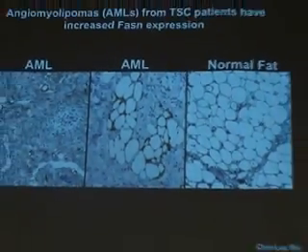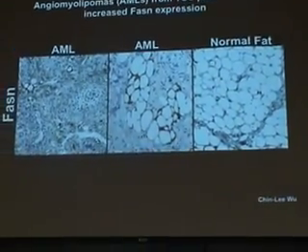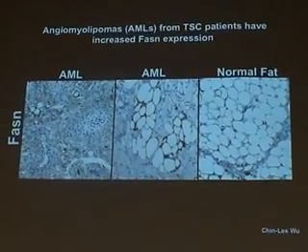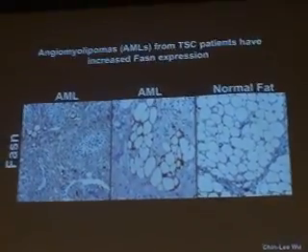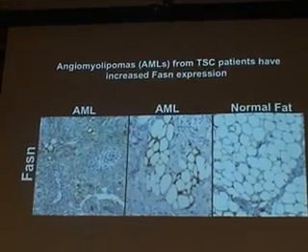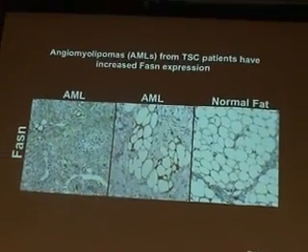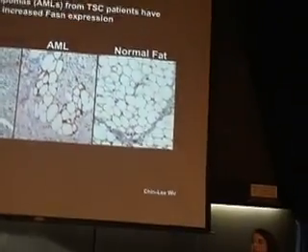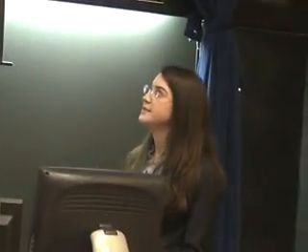We were fortunate enough to collaborate with Chin-Li Wu at MGH to also look at patient samples from TSC patients, which is the genetic tumor syndrome that arises when patients are heterozygous for TSC2. They will lose the wild-type copy of TSC2 like the mice and get a variety of lesions. One of the most frequently found is angiomyolipomas, which are very vascular tumors that also have smooth muscle and adipose components. Chin-Li Wu stained for fatty acid synthase, and what you can see is in these 2 patient samples, there's very strong staining for fatty acid synthase in both the smooth muscle and in the fat components.